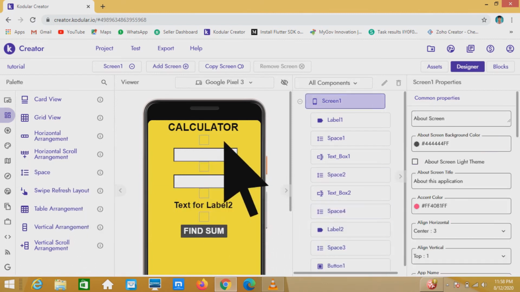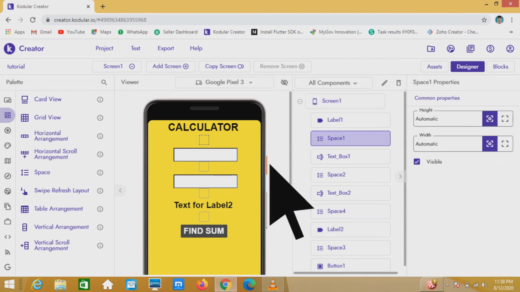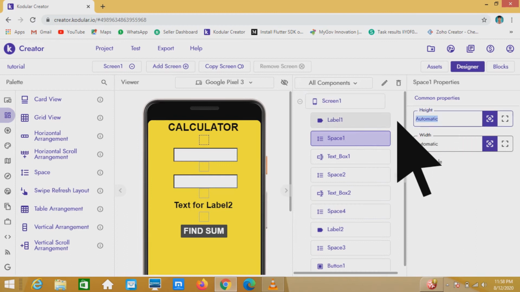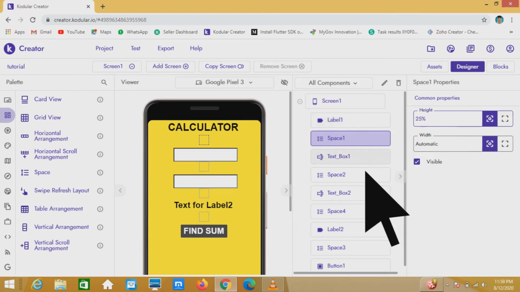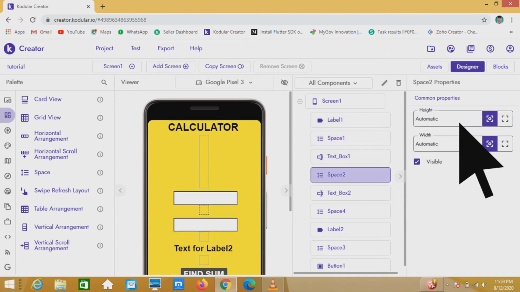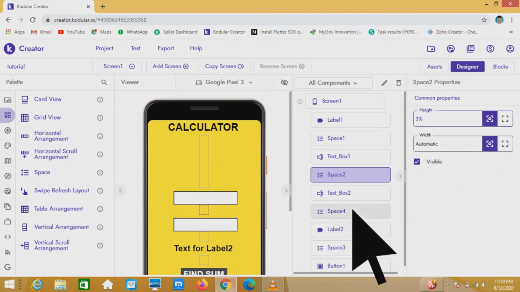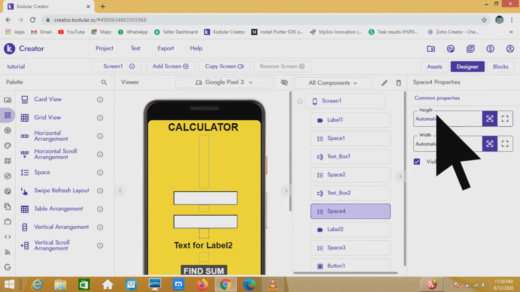We can mention the height of every space. So first space I am going to make height as say 25%. Second space I am going to make it as 3%, and similarly all other spaces are 3%.